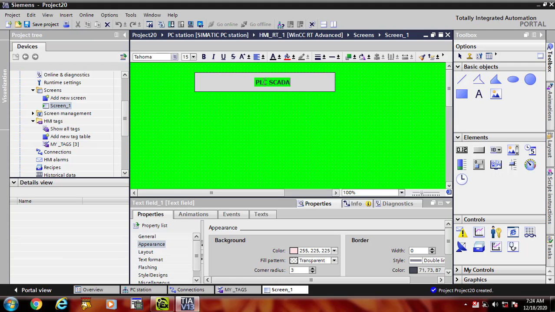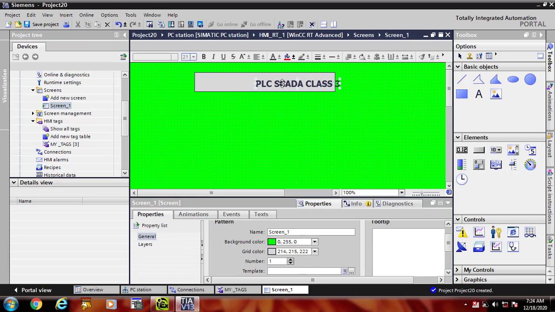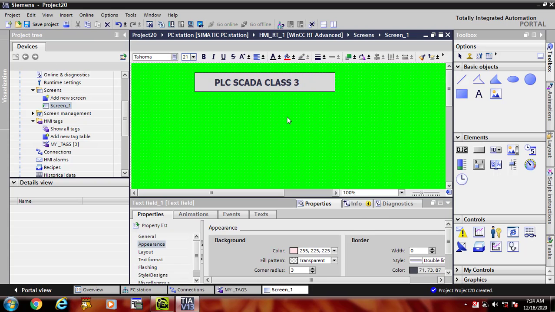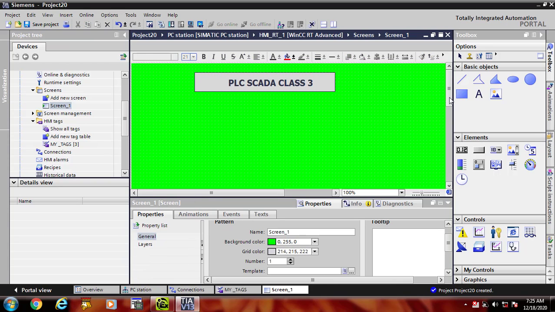You can write here a specific text. This is my PHC SCADA class 3. You can change its size, its fonts, its color, its background color, everything.